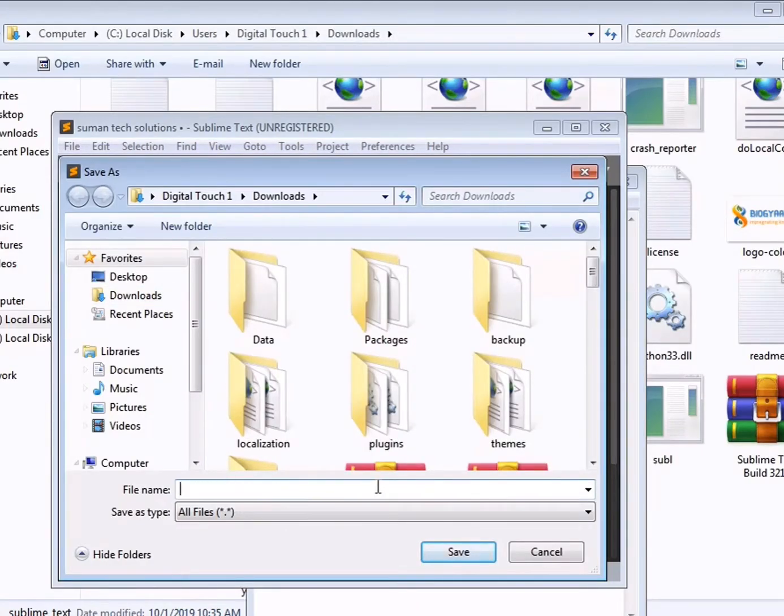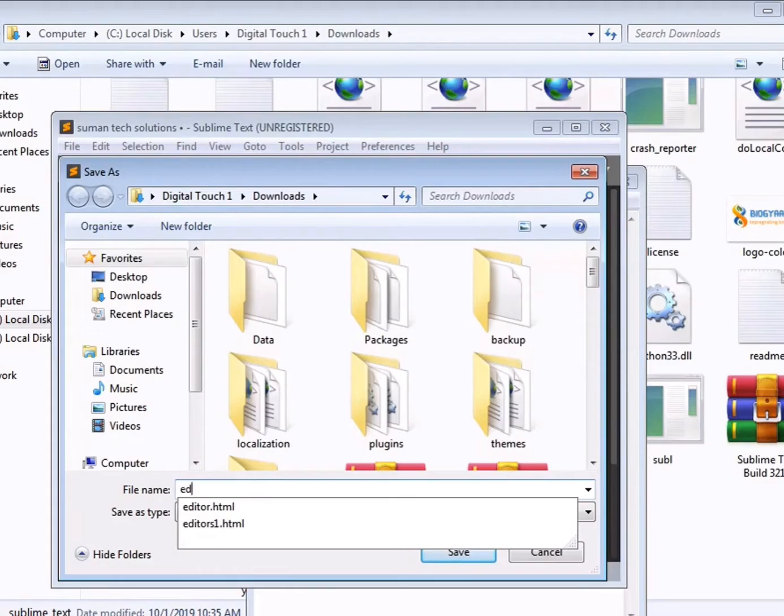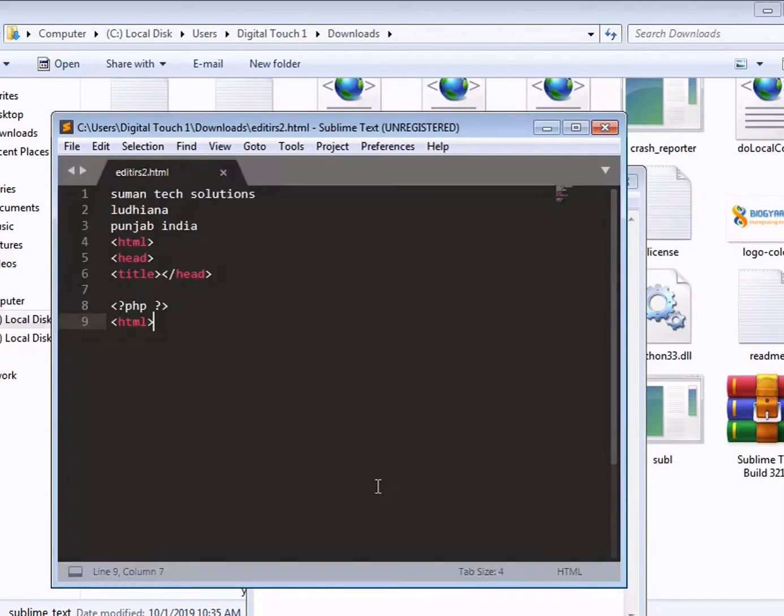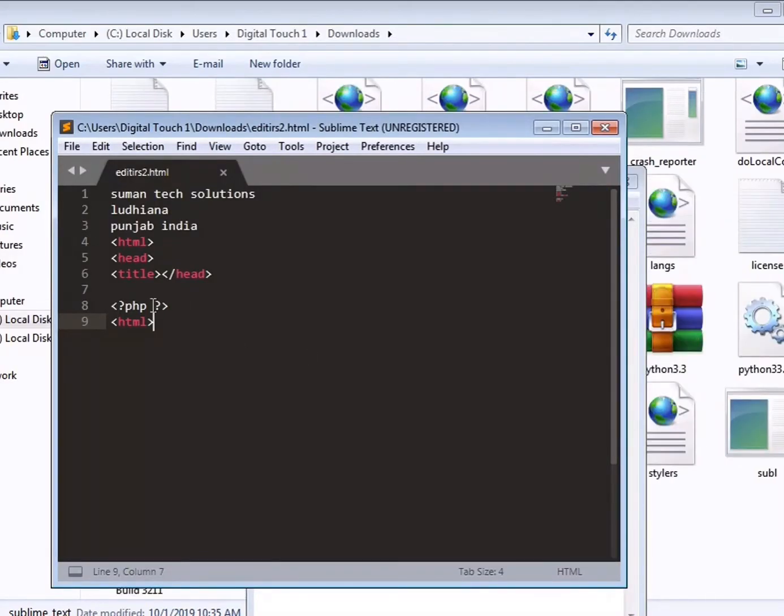We will save this file as editor2.html, that is the extension of an HTML file. So you can see the color combination, the linings and the tags. The code is pre-planned.